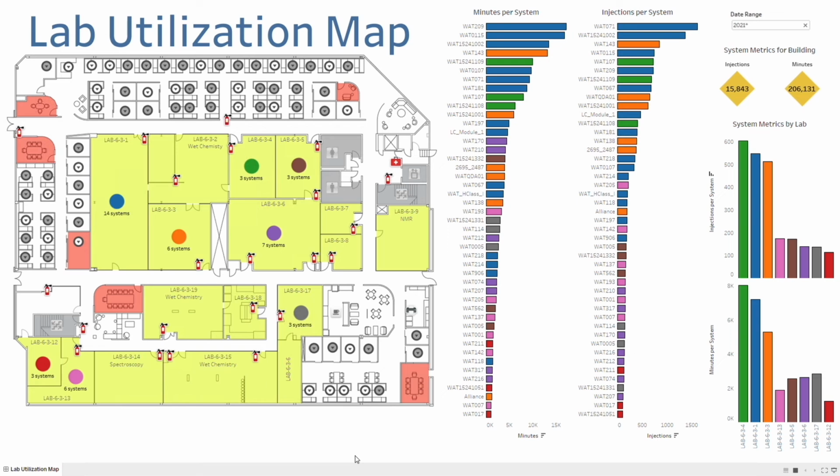Next, we've created a system overview scene called Lab Utilization Map. The story that we're trying to tell here is that the laboratory is struggling to keep up with demand. Sample backlog is growing, and users are asking for more instruments to increase throughput. Before we can justify a capital expense to add more equipment, we need a better understanding of lab operations and utilization. Normally, this would involve an extensive investigation that would require a time-consuming data aggregation and compilation process.